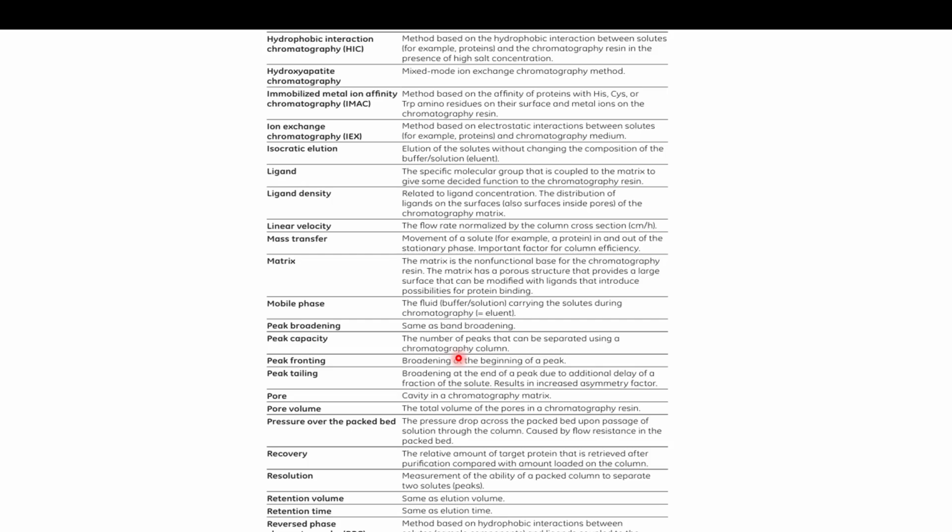And peak tailing is when the peak is shifted towards the left side, and then there's a longer tail towards the right side. Okay, that is peak tailing. A pore is the cavity in a chromatographic matrix, and pore volume is the total volume of the pores in a chromatography resin. Okay, resolution we talked about, retention volume or time, and then there's reverse phase chromatography also, which is